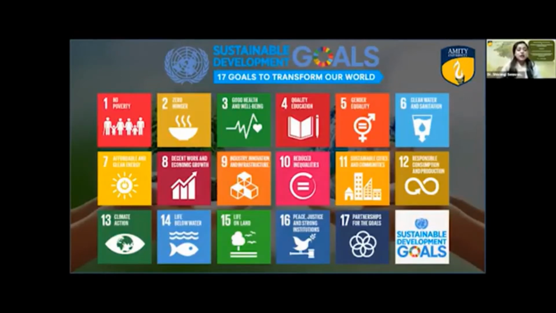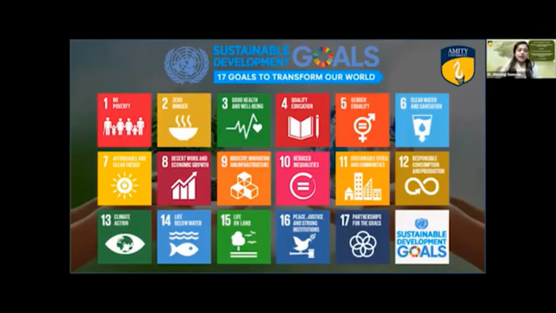The next SDG, SDG 4, is quality education. I think everyone will have the same belief as I do, that achieving inclusive and quality education for all reaffirms the belief that education is one of the most powerful and proven vehicles for sustainable development. The next SDG, SDG 5, is gender equality. Ending all discrimination against women and girls is not only a basic human right, but it's crucial for a sustainable future. And it's proven that empowering women and girls helps economic growth and development.